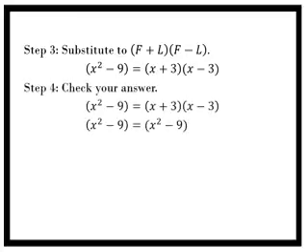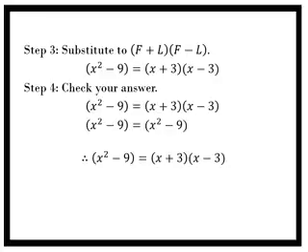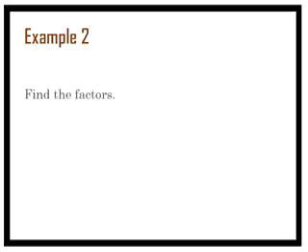So by checking our answer, we need to multiply our factors by FOIL method in order to check if they are really the factors of x squared minus 9. So by checking it, we conclude that x squared minus 9 has the factors x plus 3